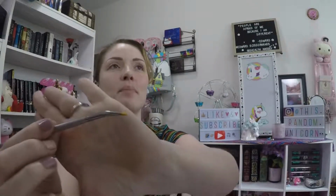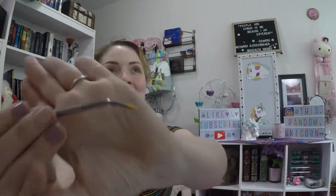This next brush is by Face Secrets. It is the slanted eyeliner brush. And while this one has seen better days as far as the way it looks now, because as you can see, it is just all over, this is what I use for gel liner. And I know it looks crazy, but once you get gel liner on it,